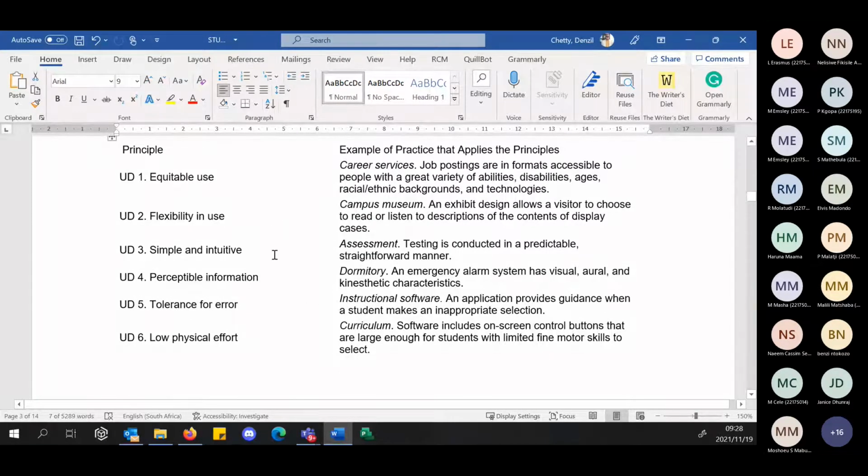Now, equitable use. Examples of practice that apply to principles: career services job postings accessible to people with a great variety of abilities, disabilities, ages, racial, ethnic backgrounds, and technologies. Now, this is quite important because, in the South African context, equitable use becomes very important when we start talking about technologies. There is no way, and I argue this in many spaces,